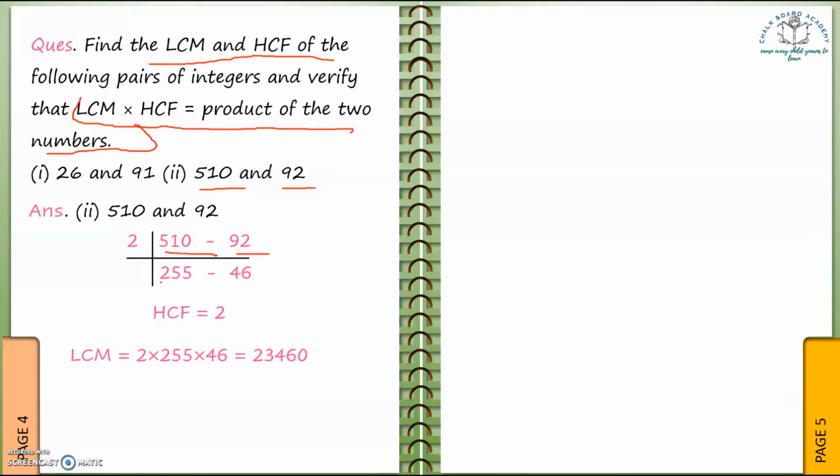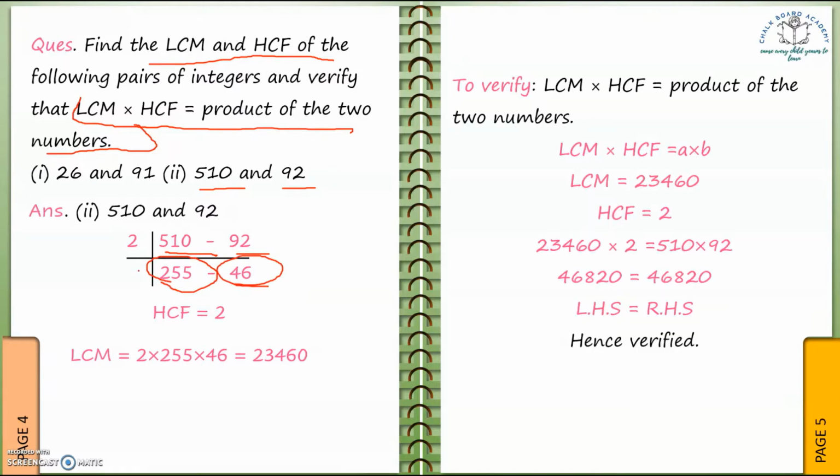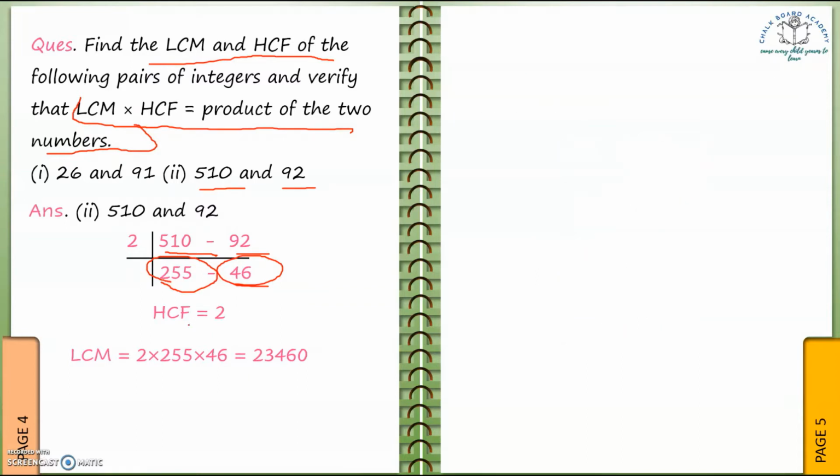Hence we got 255 and 46. Now we can see that we cannot find any other common factor here. So HCF is 2, and to calculate LCM we need not do anything further because there are no common factors in between. So we can simply multiply 255 by 46 by HCF. So the LCM is this